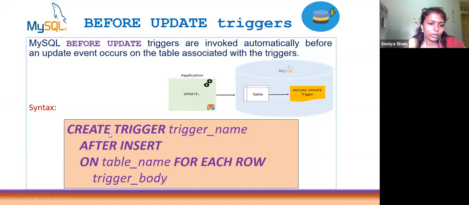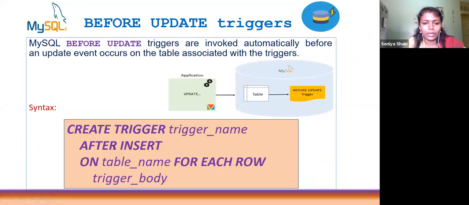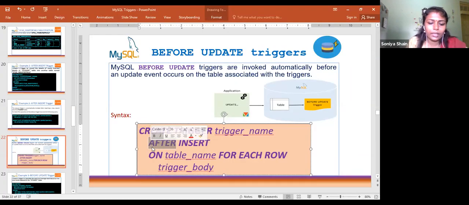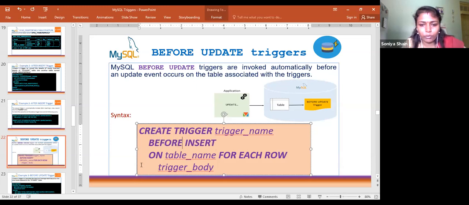And the syntax is: create trigger trigger underscore name after, sorry, here it comes before only, no? Just a copy paste mistake is there. We have to write before insert here. So it will be before insert, then not insert, before update.